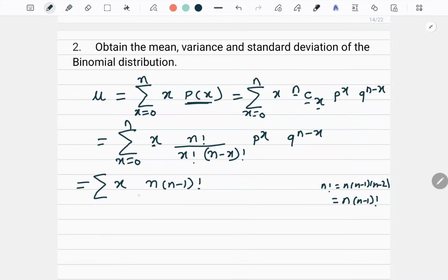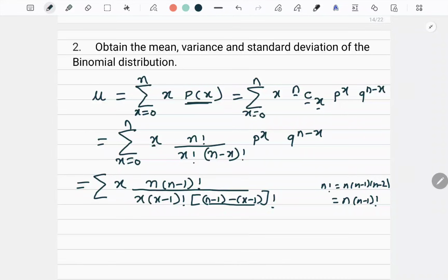So one step down I am going. Now x factorial is x times x minus 1 factorial. Now this n minus x only I am rewriting in terms of n minus 1 and x minus 1. See, if I write it as n minus 1 minus x minus 1, basically it is exactly the same. I have not done anything. If you open this bracket, you will observe this one and this one will get cancelled and it will remain